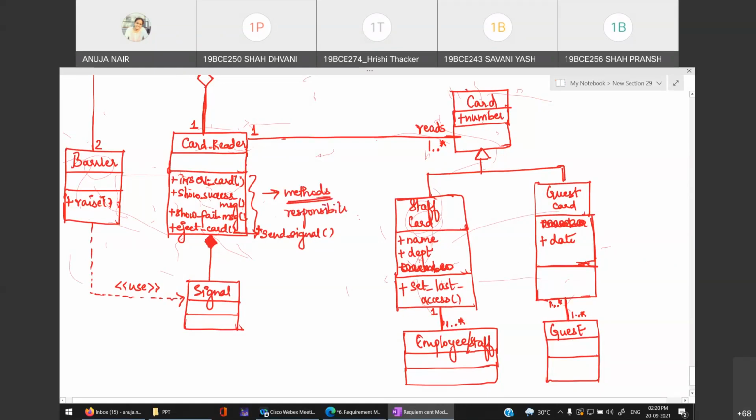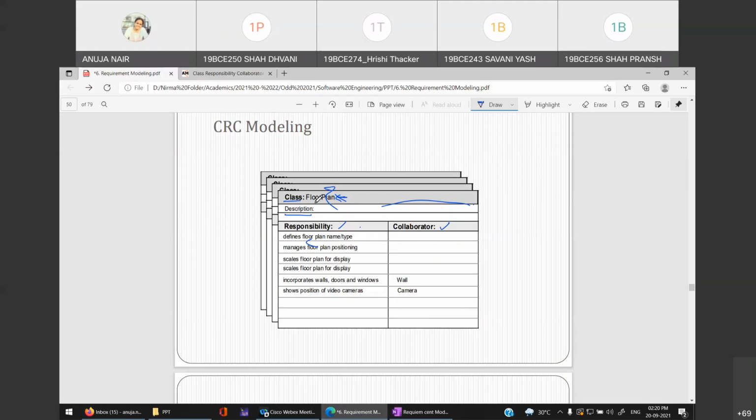So what is the responsibility of a class? What task is it doing? Whenever you are supposed to create a CRC index card for a class, you need to write the responsibilities.